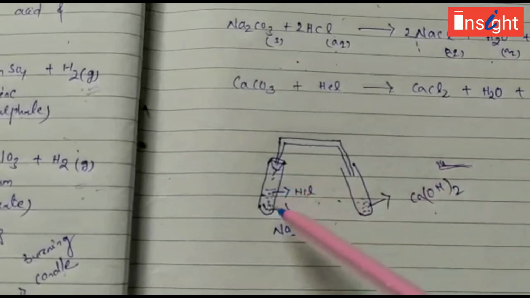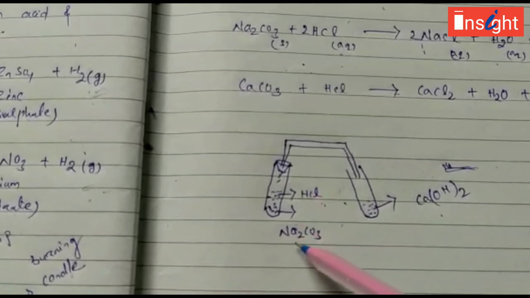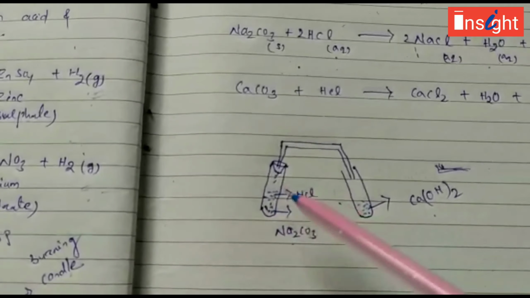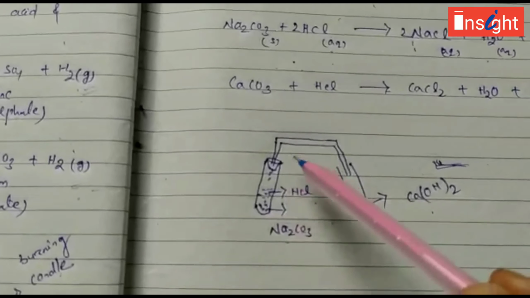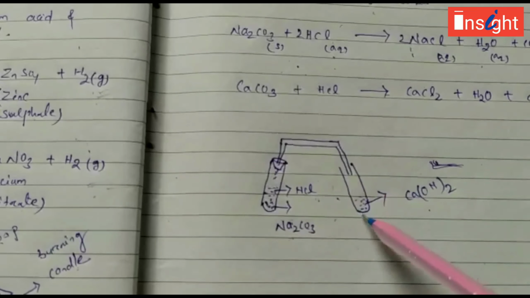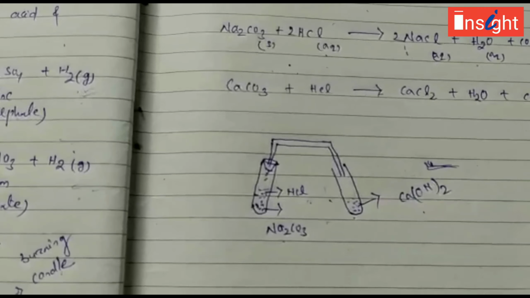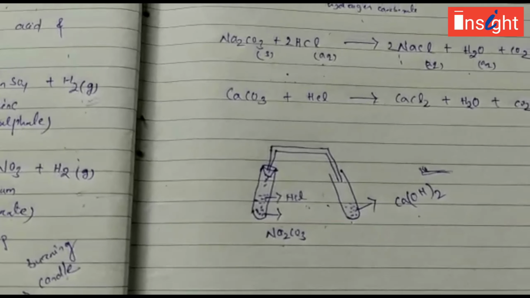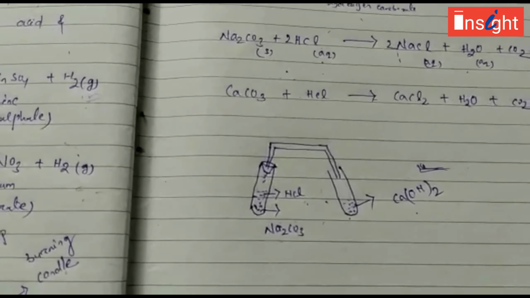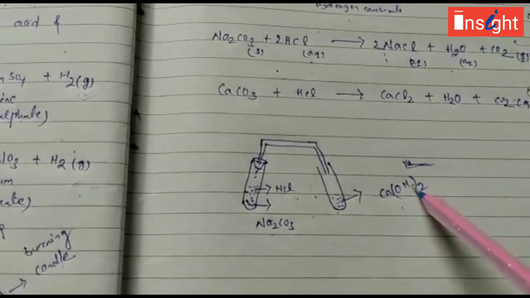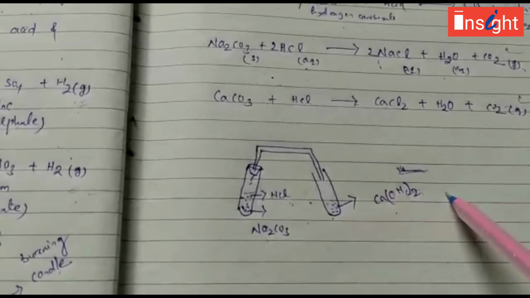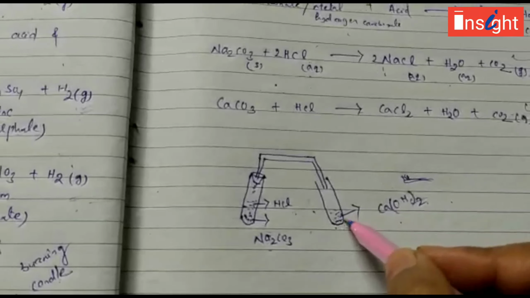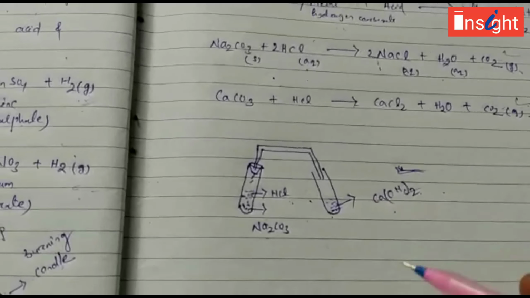So we take a test tube in which sodium carbonate and hydrochloric acid are mixed, and when they come in contact, a gas is produced which is passed to another test tube that contains calcium hydroxide, that is Ca(OH)2. And we know what happens on passing the carbon dioxide gas evolved through lime water. This is also called lime water. When it passes, its appearance changes: the water turns milky. Now it is very clear and colorless.